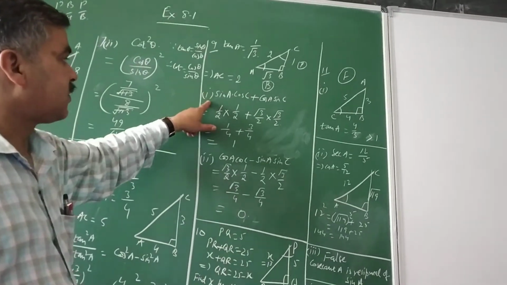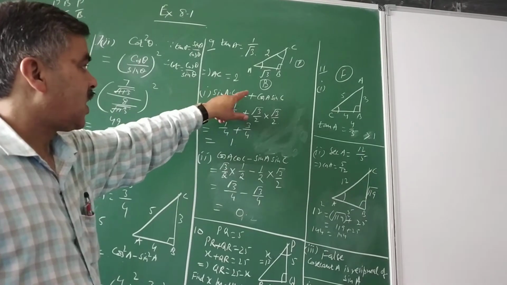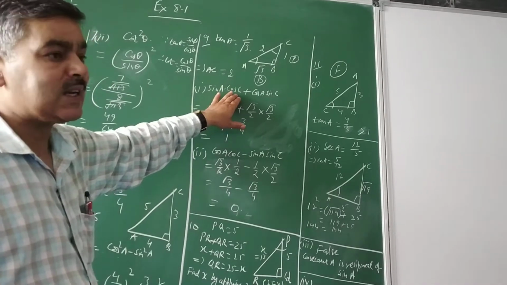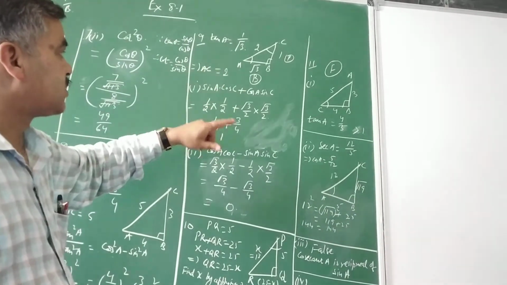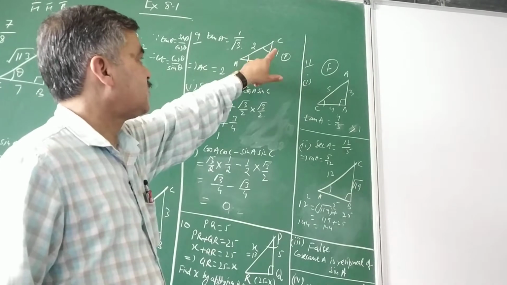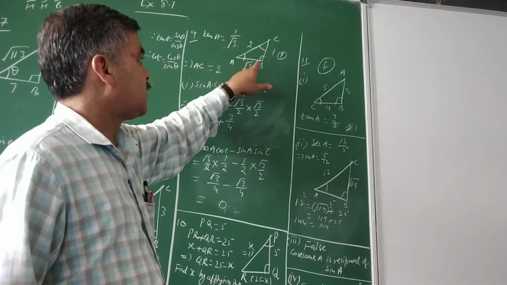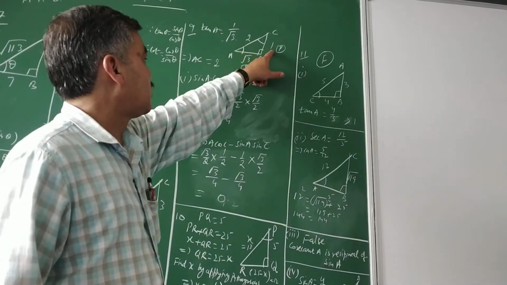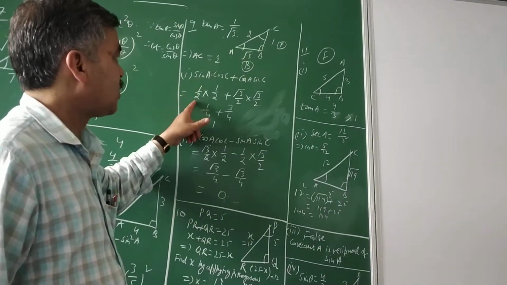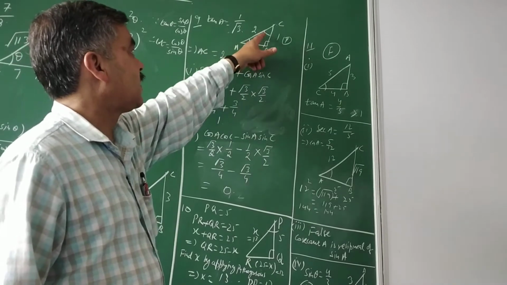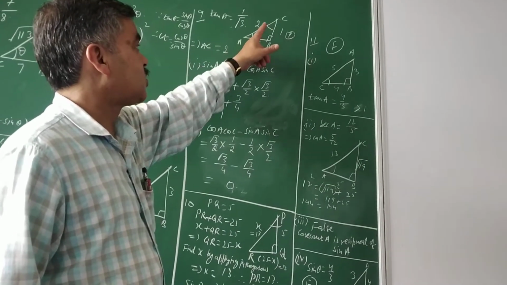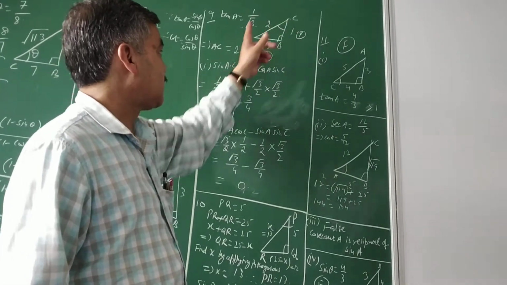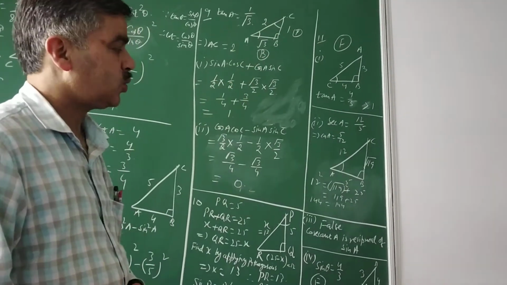Now you have to find the value of sin A cos C plus cos A sin C. So simultaneously the position of the angle is getting changed within this figure. Look at this. When you are studying for A, this will be the perpendicular, this will be the base, and this will be the hypotenuse. So sin A, perpendicular upon hypotenuse, is 1 upon 2. Cos C, now the angle is here. So if the angle is here, this will be the perpendicular now and this will be the base. So base upon hypotenuse, cos will be 1 upon 2.